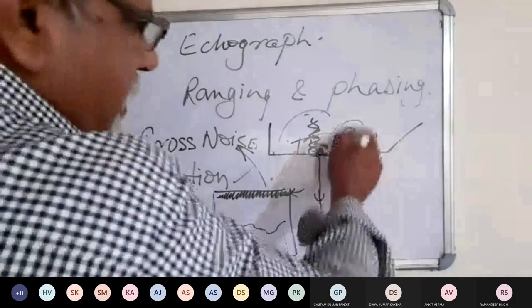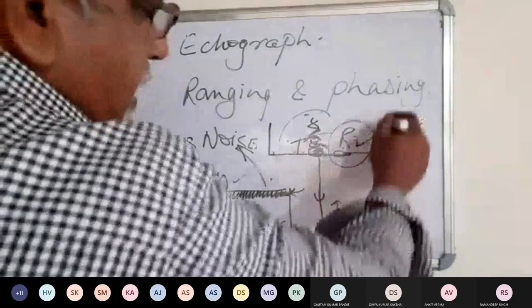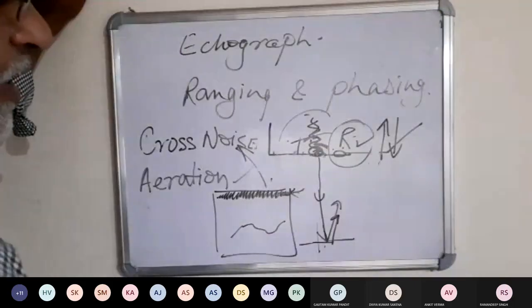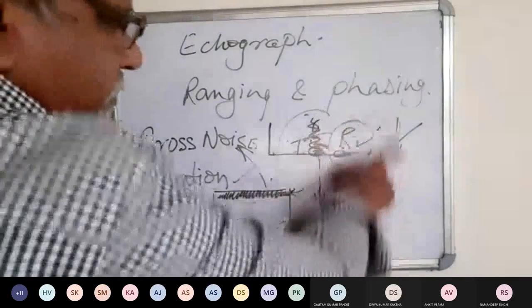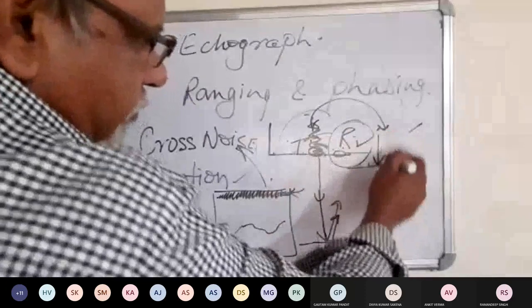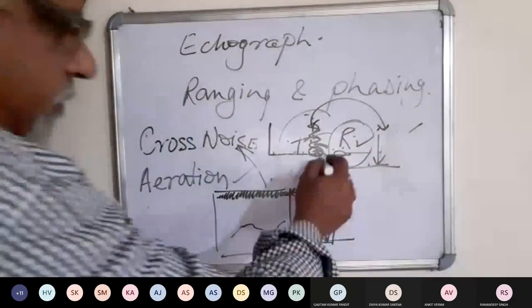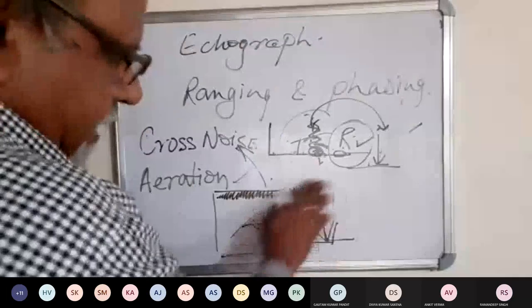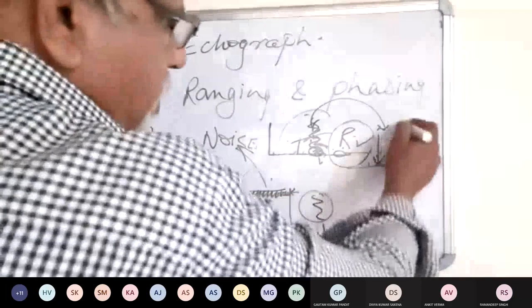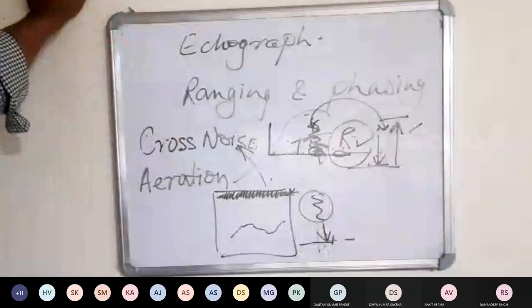So basically what we are doing, we are increasing the gain or reducing the gain. During the transmission, the gain is reduced to 0. After the transmission takes place and the pulse has gone some distance, then it is brought back to normal gain, जो आपने सेट कर रखा है।